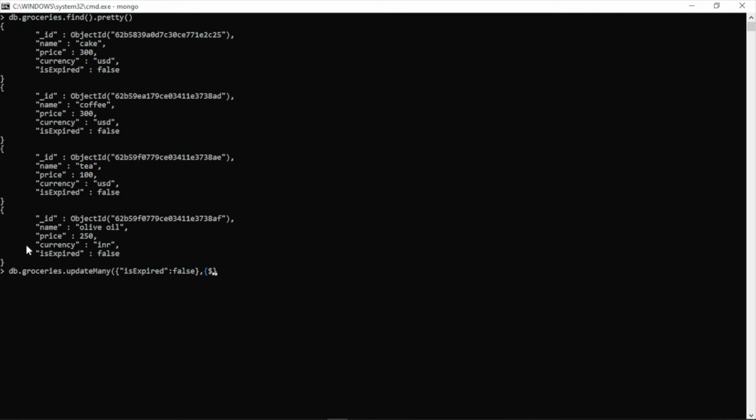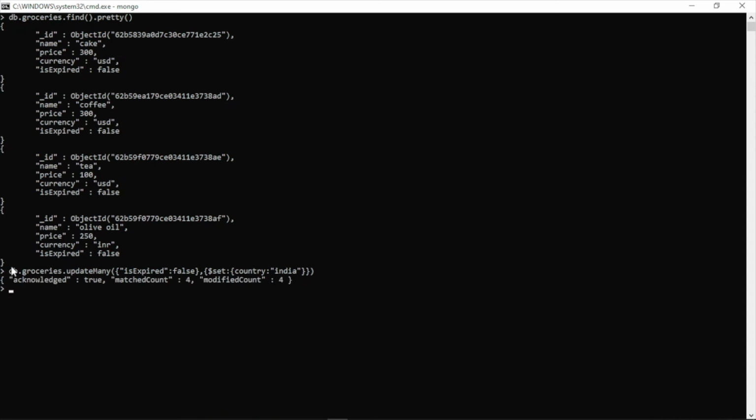Before doing that, I told you to add $set, because it will set the property if it is there, otherwise it will add the new property if it isn't there. For example, I want to add one property there, which is country. So I can add country India maybe. So let's add that, and if I do this,